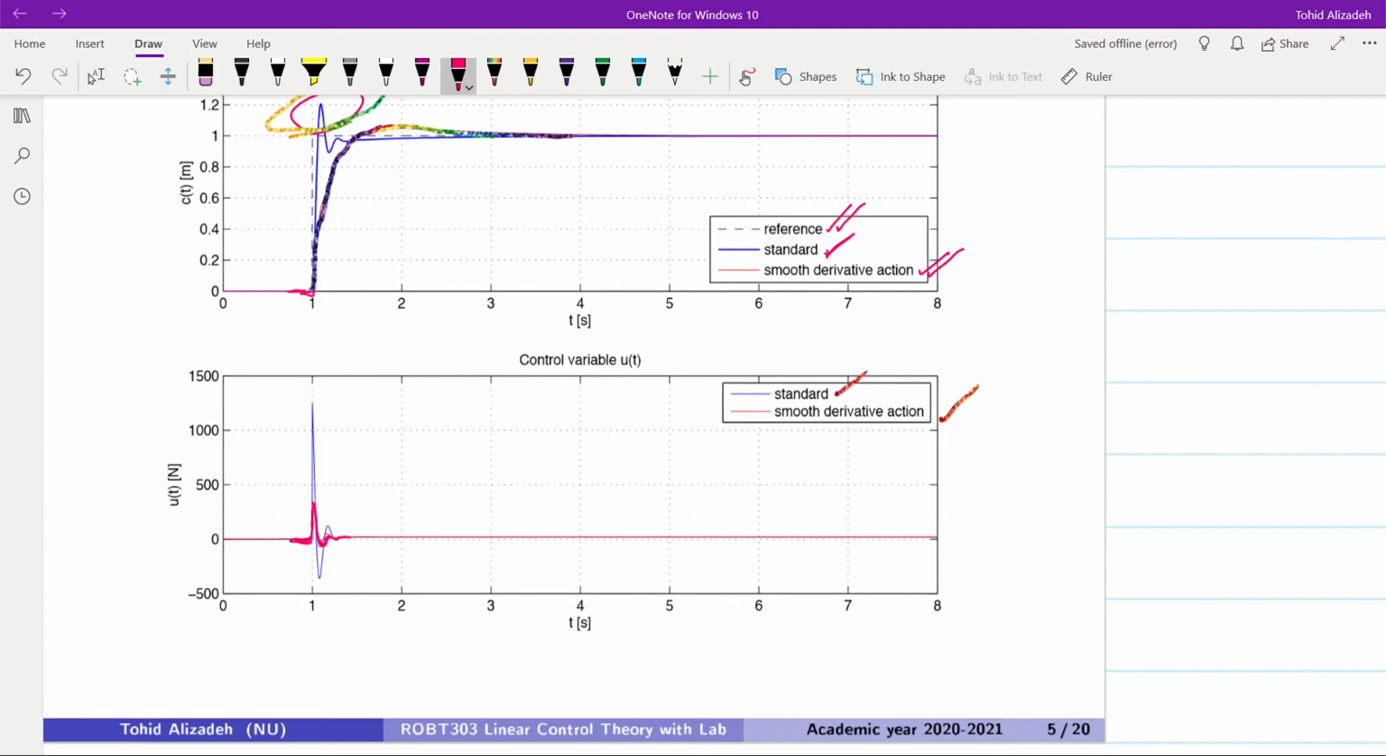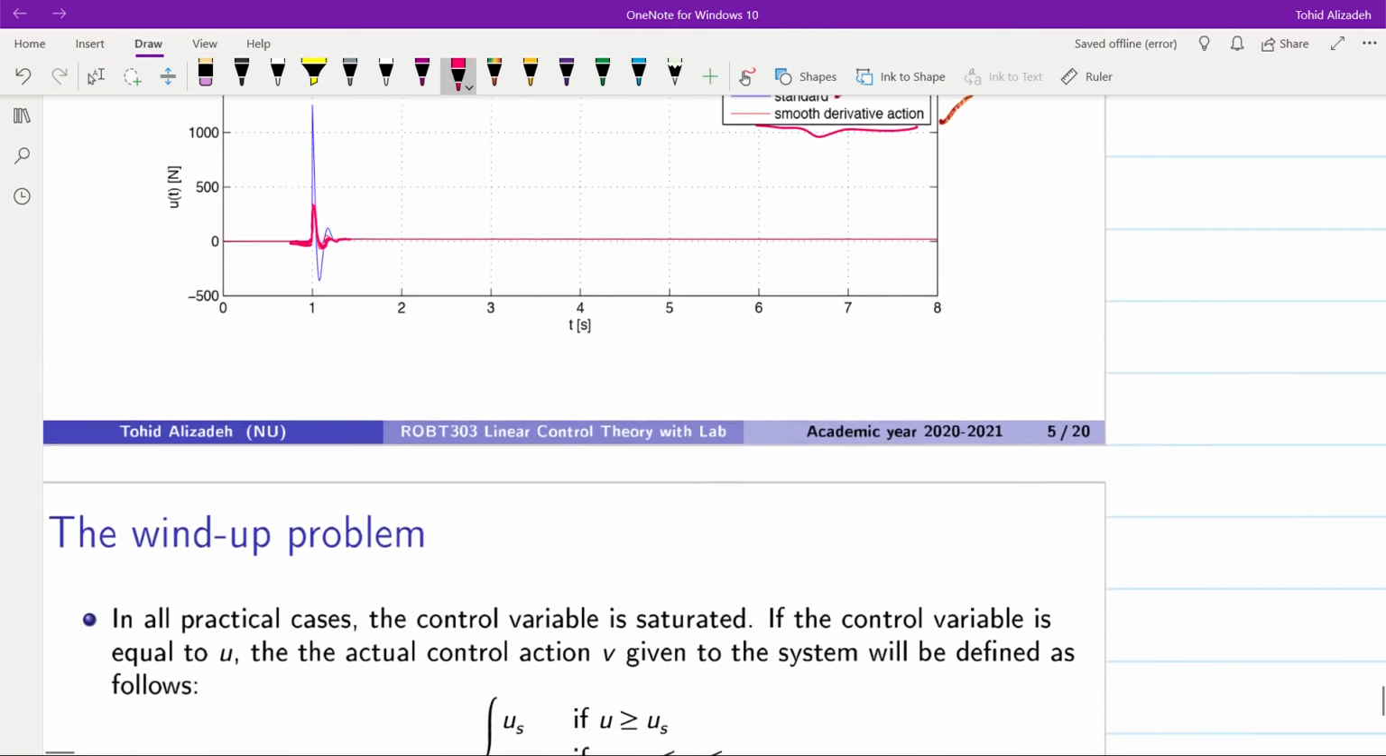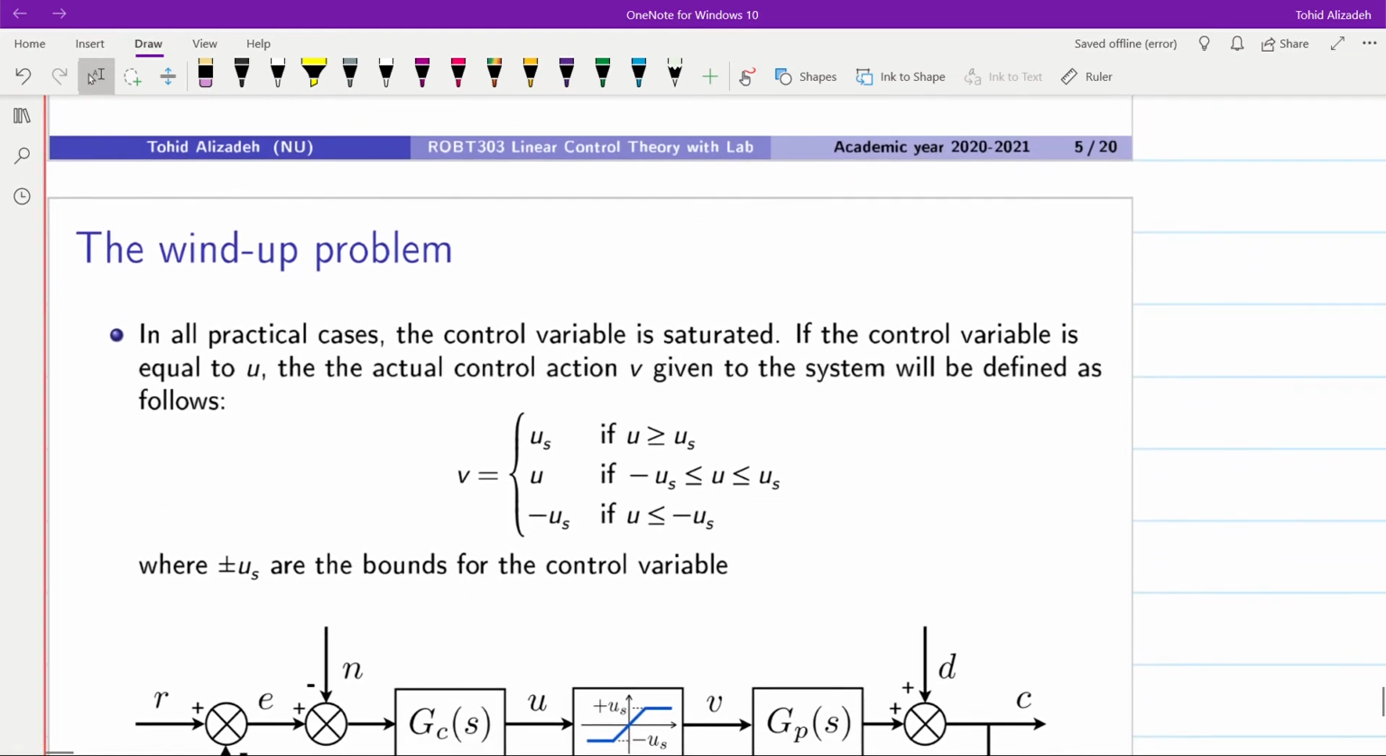So the spike here is indeed weakened. This is what we get with the smooth derivative action for the practical PID controller. The next point regarding the industrial realization of the PID controllers is regarding the